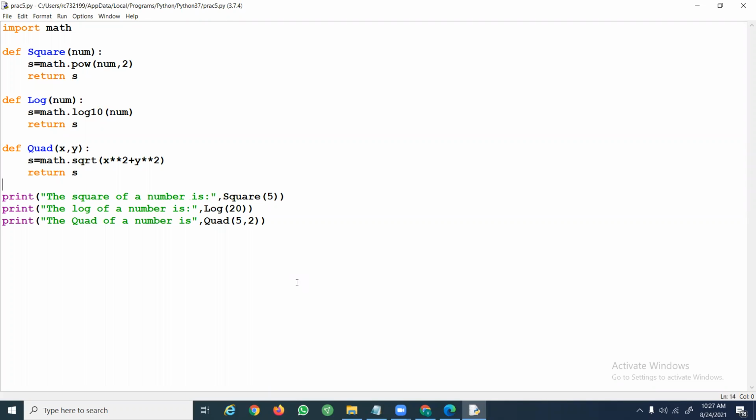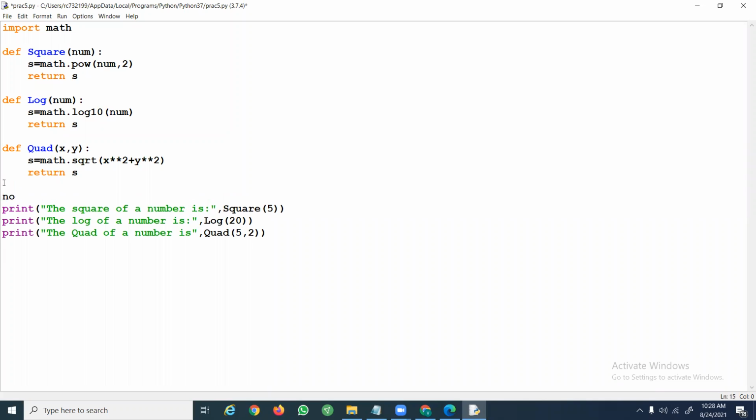You can get the value from the user using int of input. You can do this as a menu driven program also. So I'm just making the improvement here, in case your external wants to get the value from the user and then calculate the square, log or quad.